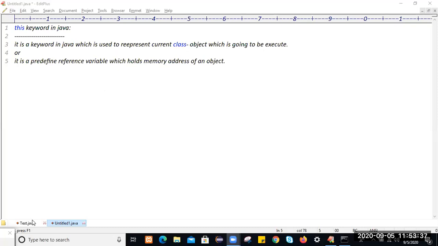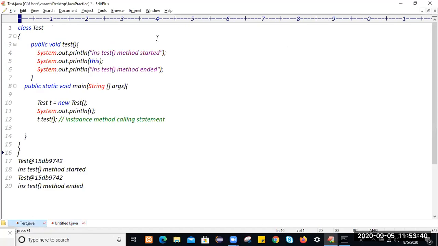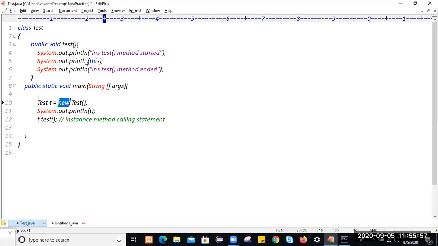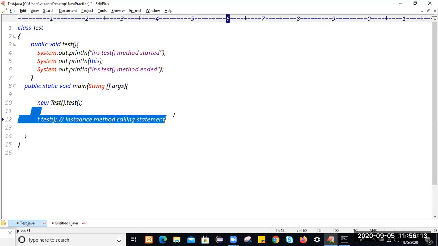You write down this application. You see, you can call this instance method on a nameless object also. This is the user defined reference. If you don't want to use this user defined reference, you can call that test method on a nameless object. This is called a nameless object. On that nameless object also you can call it. This is called an object creation statement.